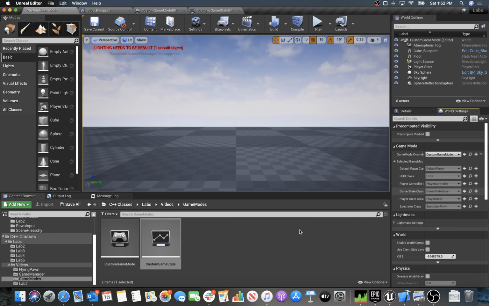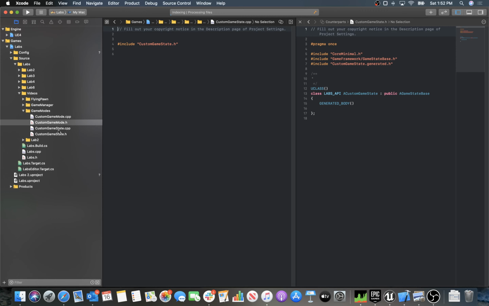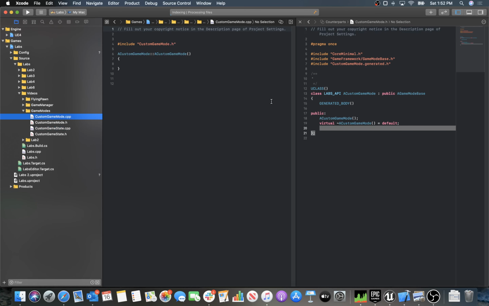And so what we want to do is be able to set our game state class, but I can't set it here. I have to do that instead in C++. So let's look at the custom game mode CPP. We're going to come back over here. And in the constructor, what we will say is game state class equals a custom game state